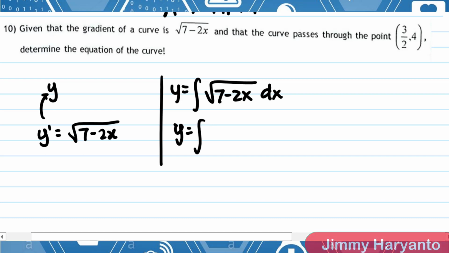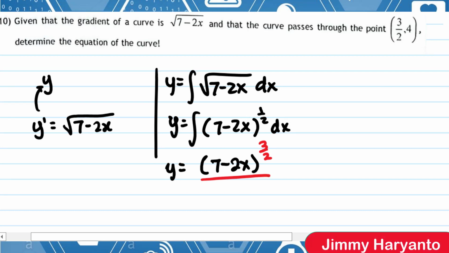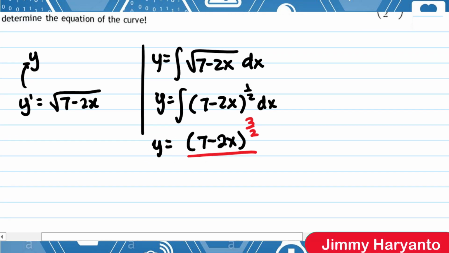But we cannot integrate it directly. We have to change the square root into powers like this. And then we can use the formula for (ax plus b) to the power of n. So to use the formula, you will write the function first, and then add 1 to the power, giving 3 over 2. And like usual, if you write 3 over 2 as the power, the denominator is also 3 over 2. And don't forget to multiply by the differentiation of the inner function. The inner function is 7 minus 2x. You have to differentiate the inner function, and it will become negative 2, and then plus c.